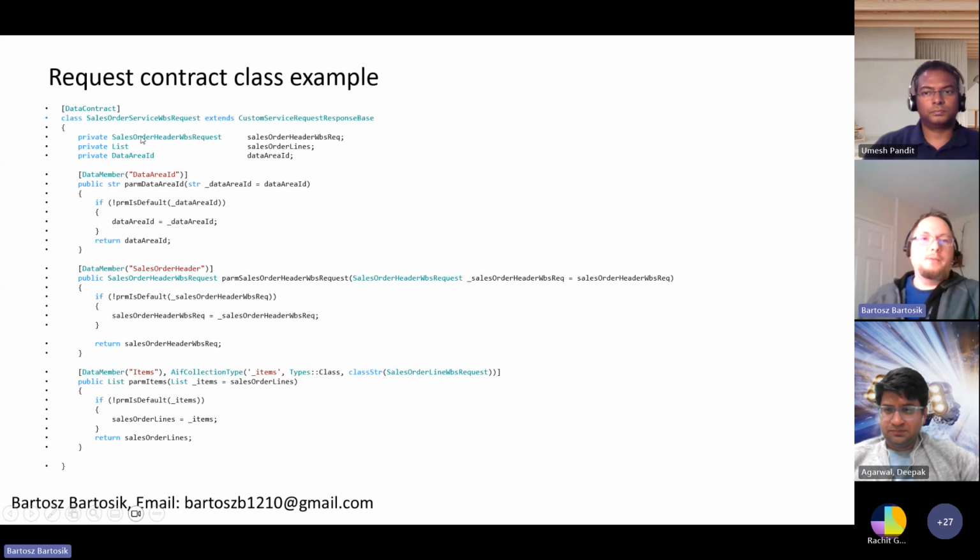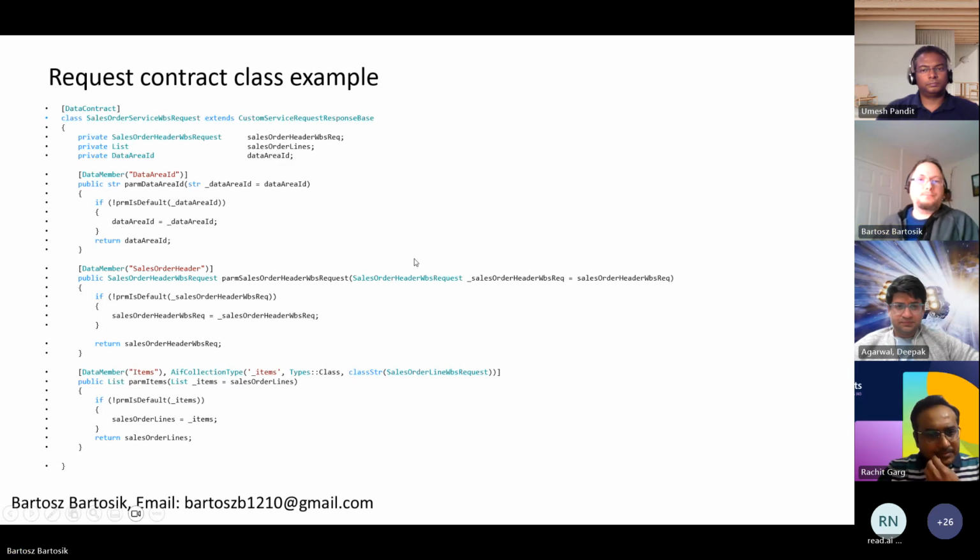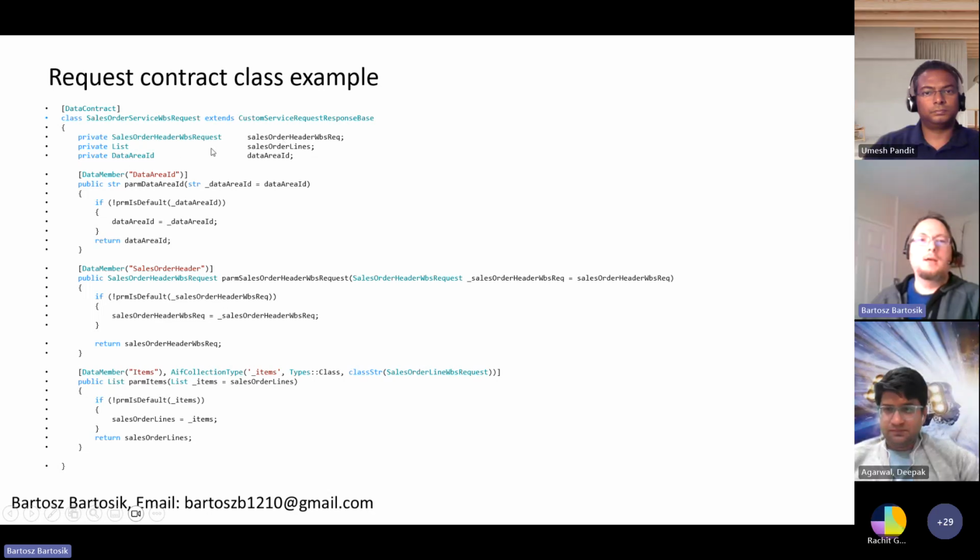So what we have here, we have three parameters. One of them is data area ID. One of them is a list, which is going to contain sales order lines to create, and one of them is another contract class, which contains all the details for sales order header creation. And again, as mentioned before, every single parameter, every single variable has a parm method with the data member name exposed for the outside. So we have data area ID, we have sales order header, which as I mentioned is a type of yet another contract class,